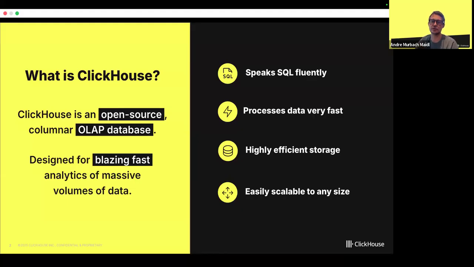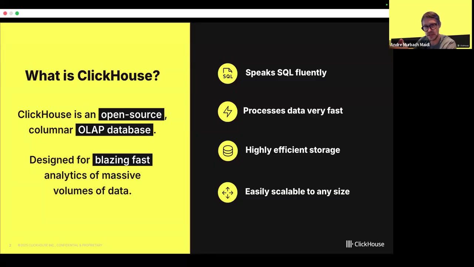And with this, when you run a query, ClickHouse can see what needs to be processed or not processed, and then you can just drop data that doesn't make any sense for processing your query. And this is what actually makes ClickHouse very fast for running queries.